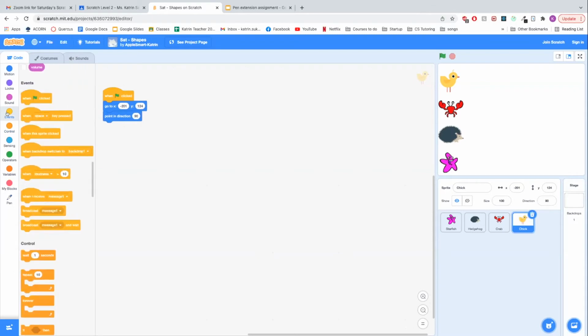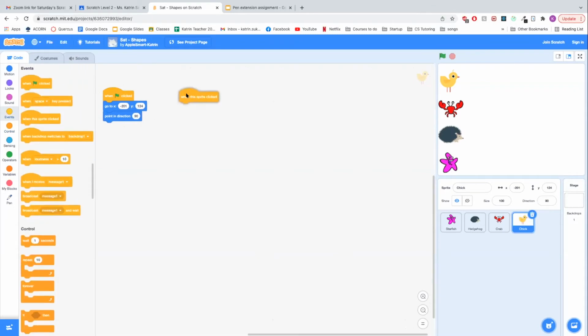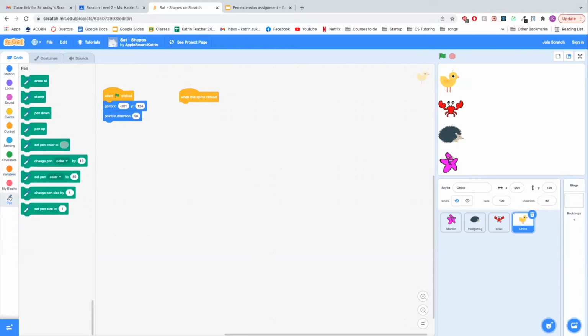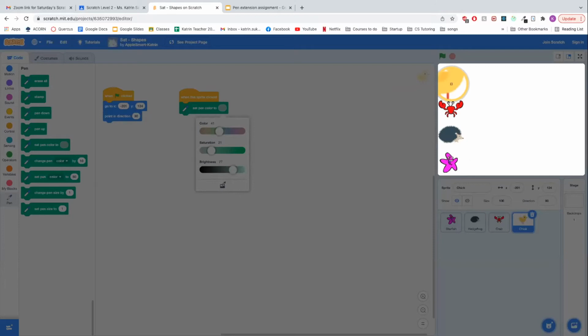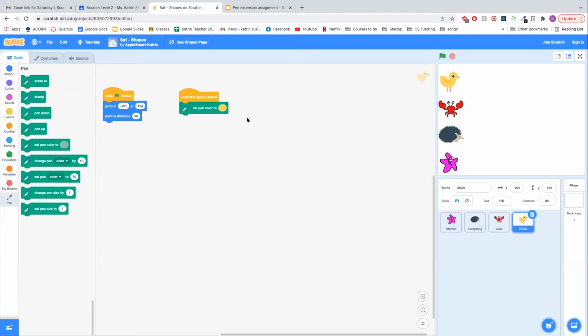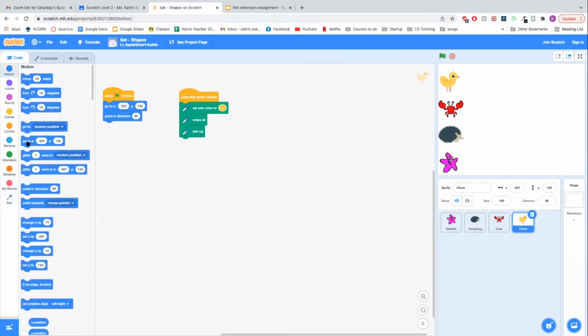would be to go into events when this part is clicked. So this is where we actually do the shape drawing. I'm going to go into the pen extension and I'm going to set the pen color to something. You can choose whichever color it is that you want. I'm going to pick the same color as this little chick, kind of like a yellow color. I'm going to erase all. I'm going to bring my pen up and I'm going to go to the center of the screen. I'm going to go to